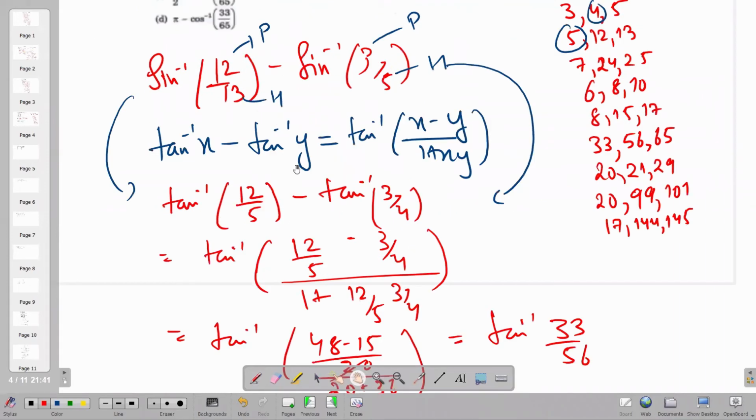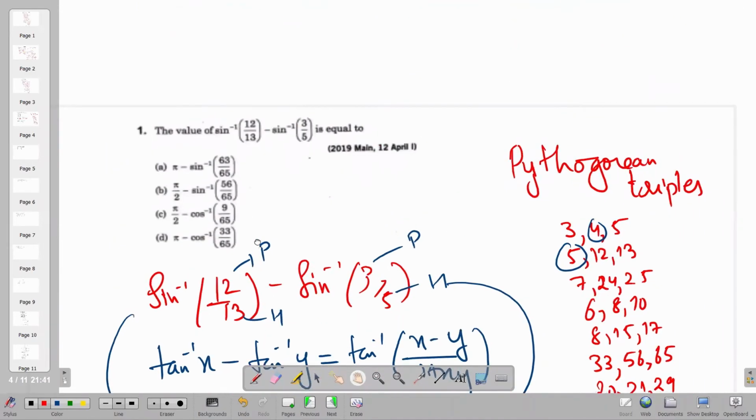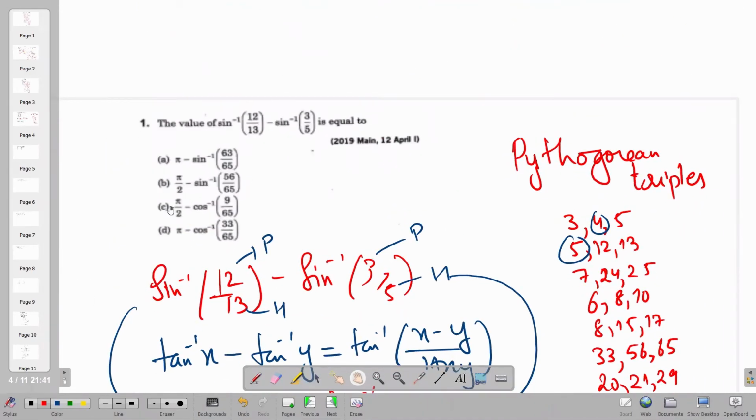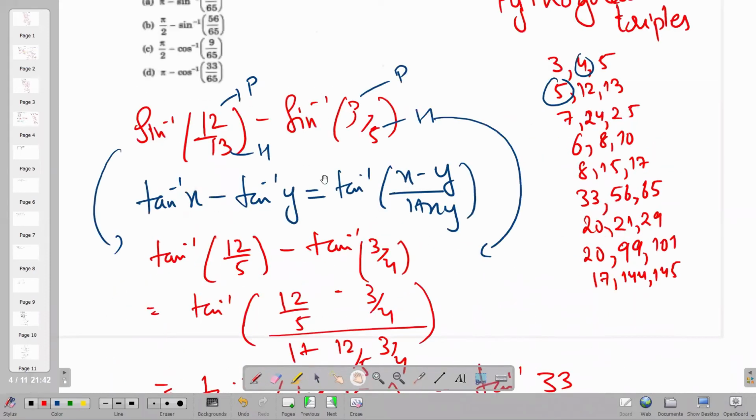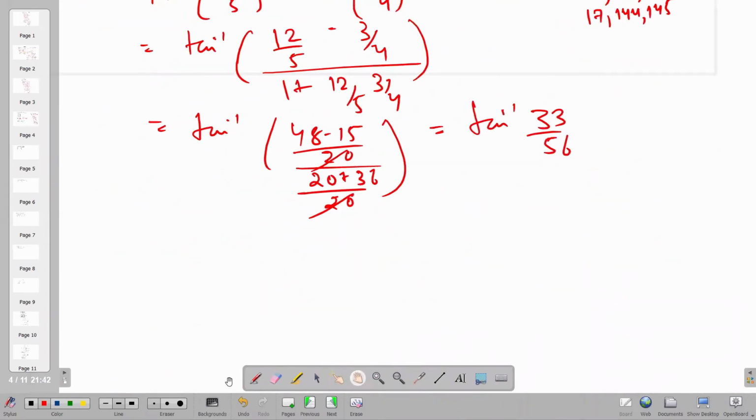But my question is in terms of pi minus sine inverse and cos inverse, so from here I conclude that this is equal to tan inverse of 33 by 56, so in terms of